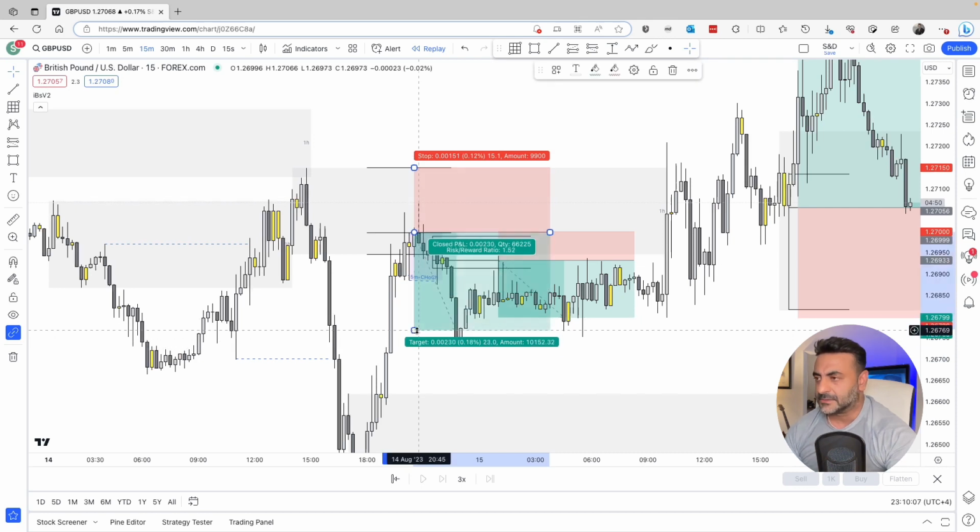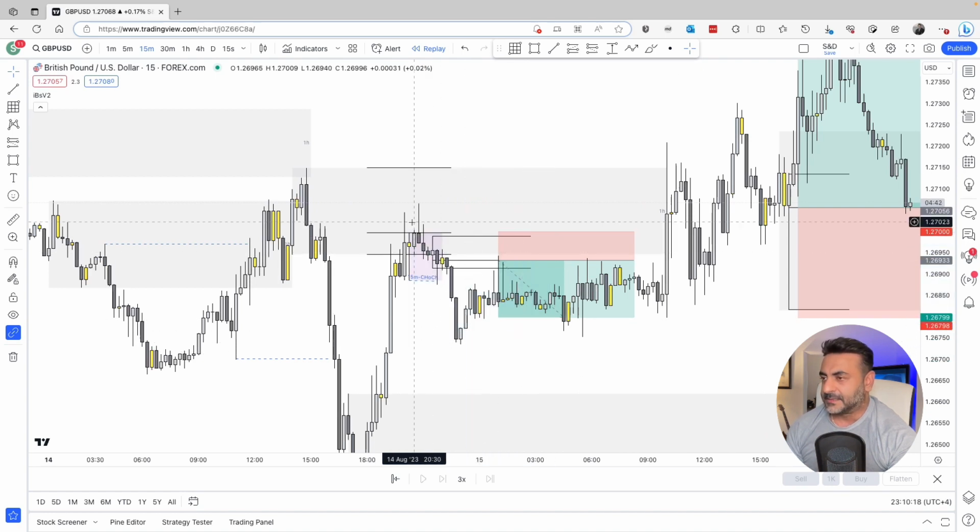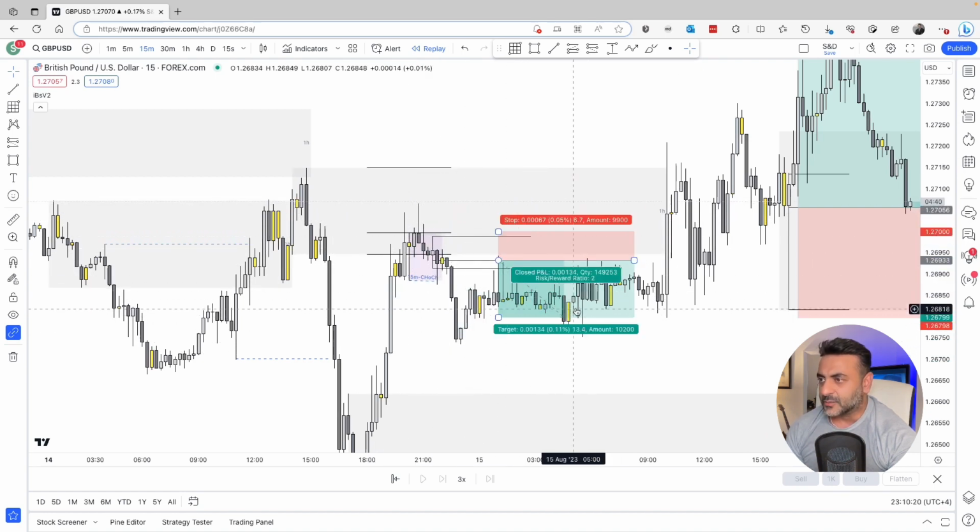Not bad. It was a good POI, obviously, because it swept all that liquidity. So there were definitely some orders, and you would have expected a reaction. But what we just walked through over here gave you a confirmation and gave you a very nice, quick 2R,